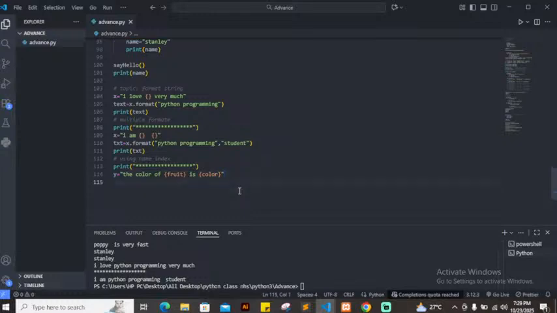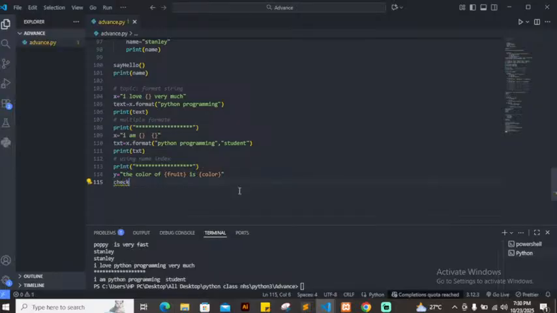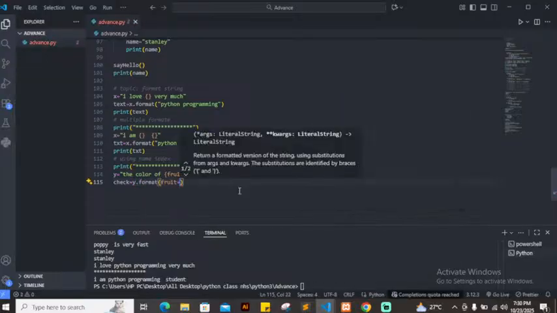So now if I want to execute this type of a program, I don't know the value of my color, so I can say check, so that you don't look as if I'm using check equals to y dot is equals to, let's say apple